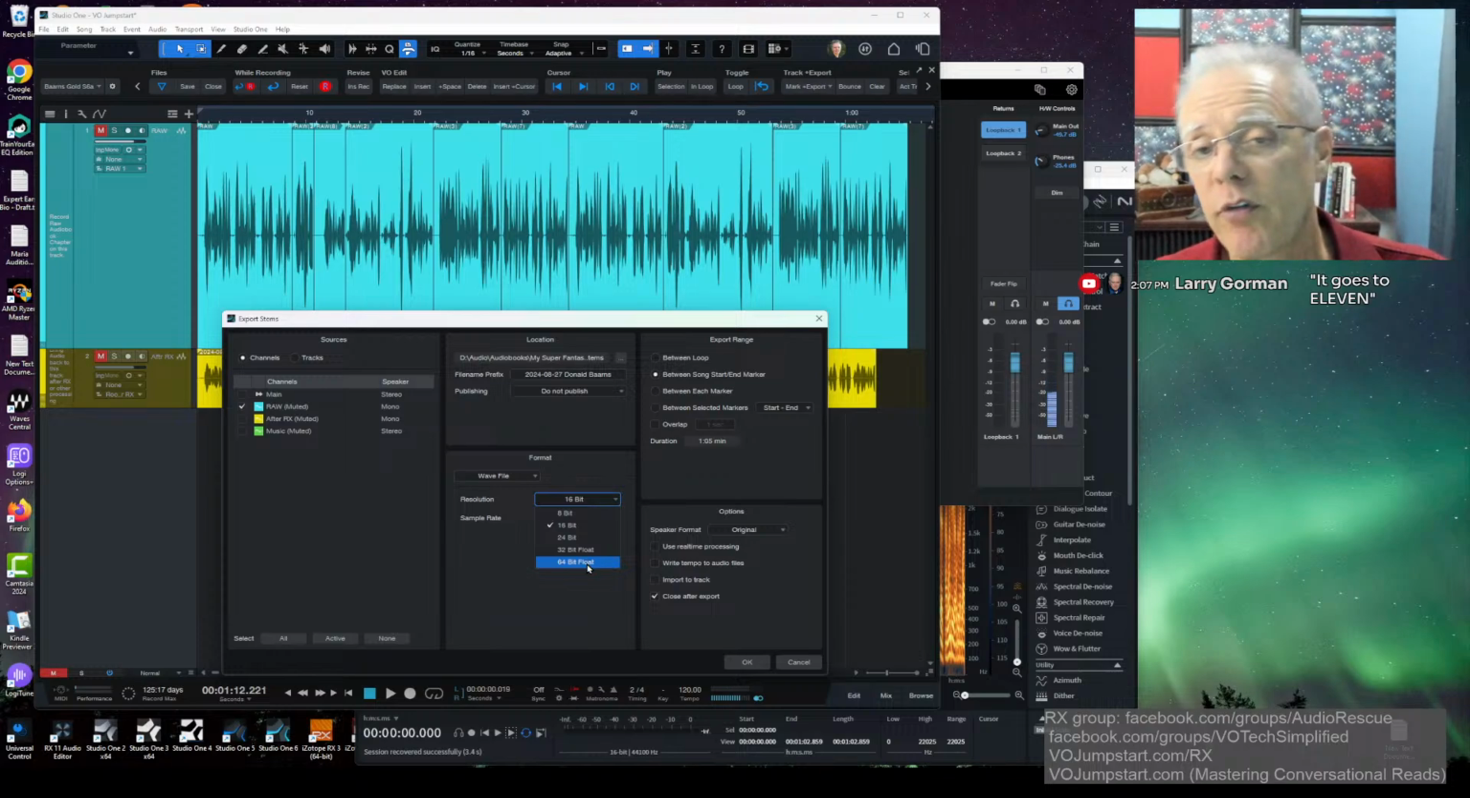So there's a wave format. Up until about a year ago, I don't know, a couple years ago, 32-bit float was the max that anything was doing, and now this one can do 64-bit float. 64-bit float is just